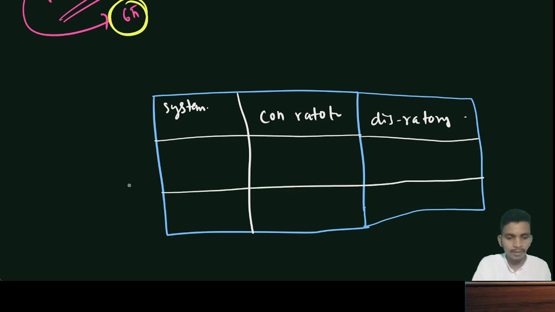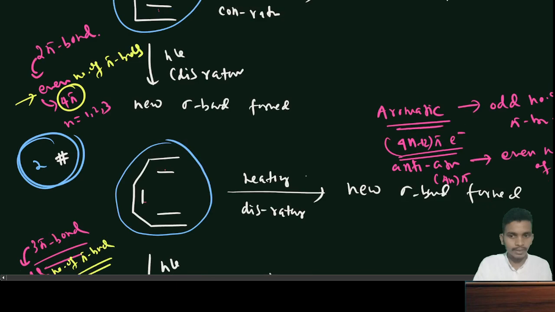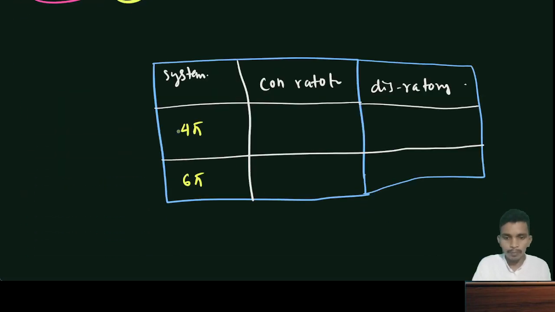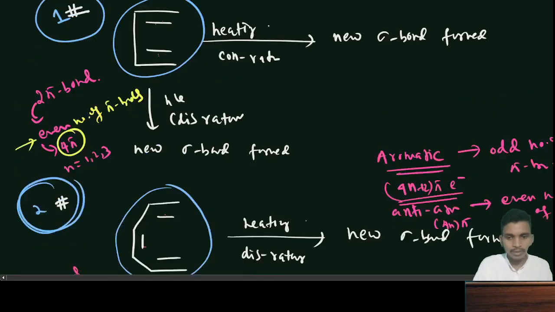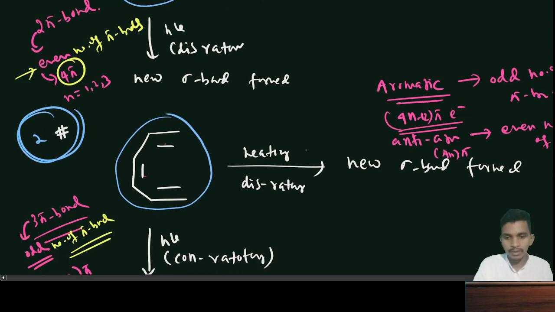One is the 4 pi system, another is the 6 pi system, because 4 pi means even, and this is odd. So for even, we say that